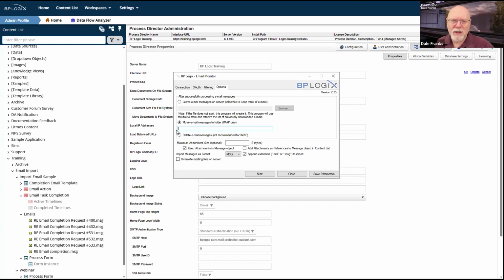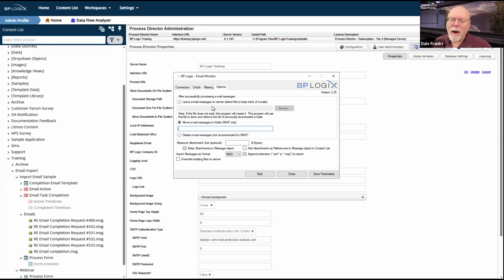So if your old messages aren't in the inbox anymore, then you don't have to worry about pulling in the same messages over and over and over, which if you do, by the way, is not going to be a problem because the task to which those emails would be associated has already been completed. So nothing will happen. It will just try to process them. It will note the task is complete and it will just move on to the next thing. So, it's not a deal killer or anything. If you bring in the same messages over and over, but just for organizational purposes and for efficiency's sake, I would clear my email inbox every time I ran BP email import.